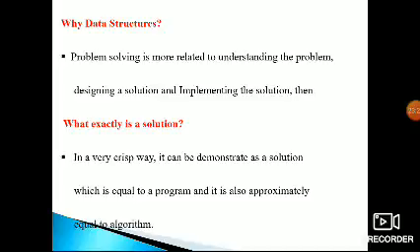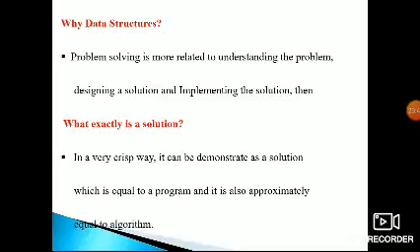That can be done with the help of data structures. In programming languages, there are many data structures we use, like arrays, stacks, queues, and linked lists.